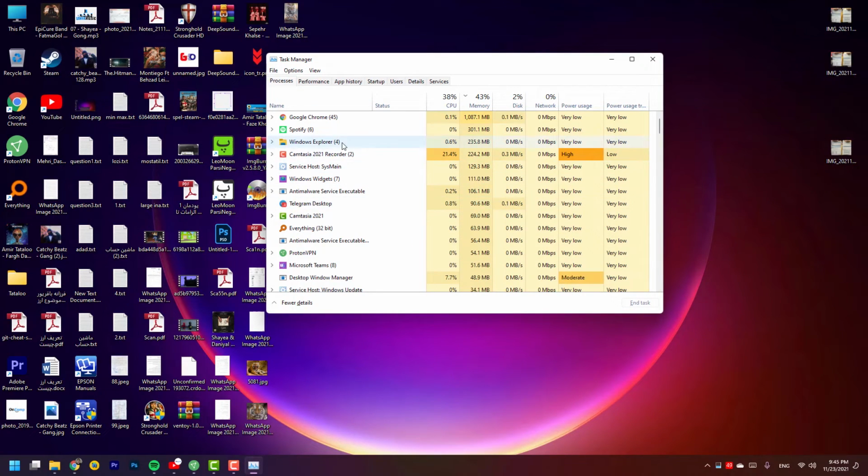Okay, for example, right now I'm going to see all of the apps, and this is the app that crashed. By pressing the end task, this app closed, and if it didn't close, you can right click, then again press end task. If again it didn't close, you have to go to the details,